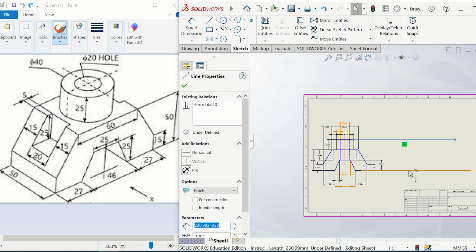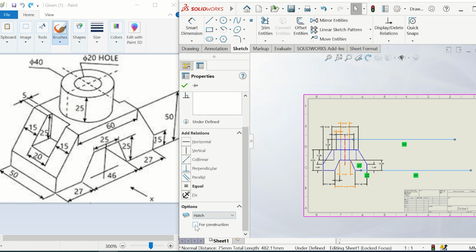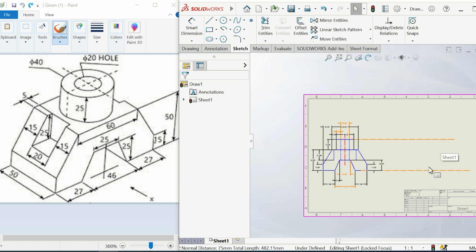Click on this, hold Control on the keyboard, click on this, and I can make them both construction, and I can place them in any layer. I can create a layer and name it construction entities and put them in it. But for now, let's go on with that. So these two, I'm going to delete them later on. Now,